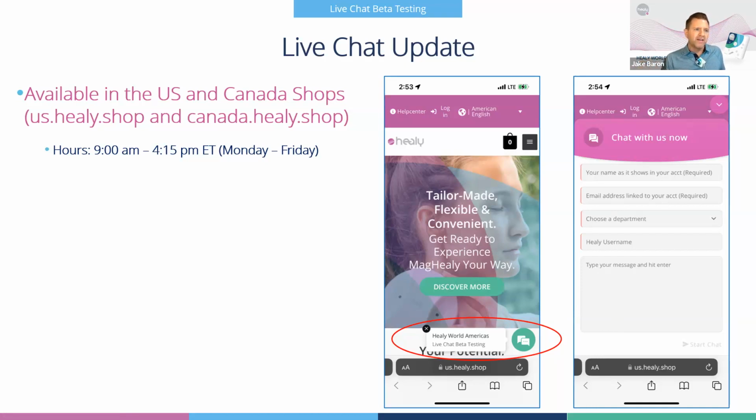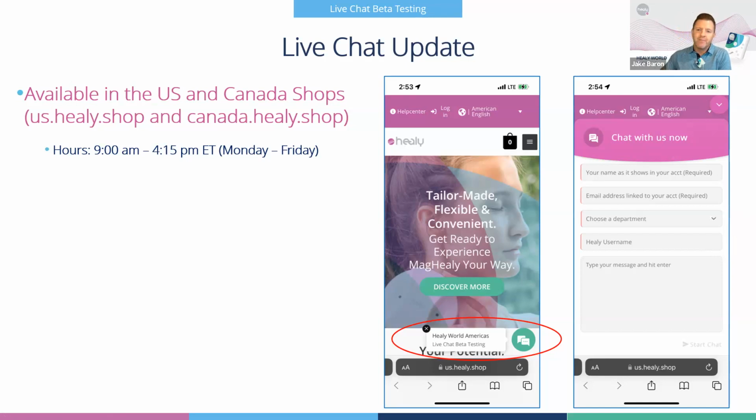If you click on that, you'll get this window on the right here. You put in your name and email address, pick tech support or customer care, put in your message, and then you'll be connected with one of our agents. You might be talking with Anthony during one of those live chats. We encourage people to try this out. If you are thinking of submitting a ticket between those hours, go ahead and try the live chat, because in the initial trial we've been able to solve around 75% of all things that come in through live chat just in that initial chat session.